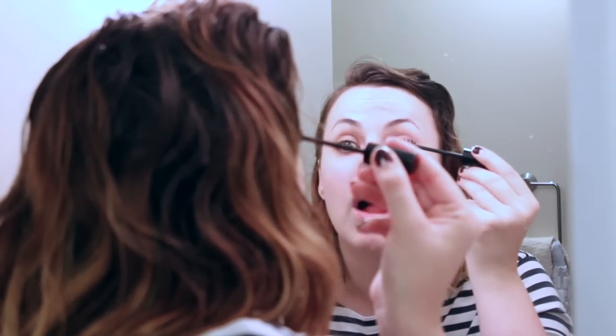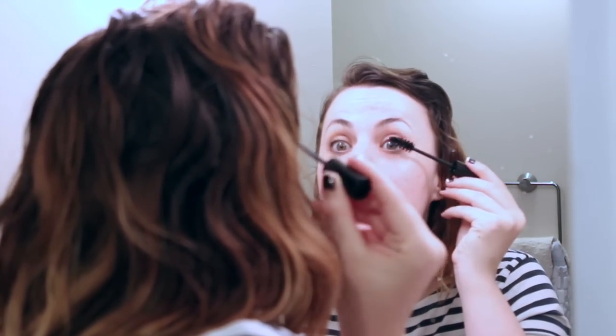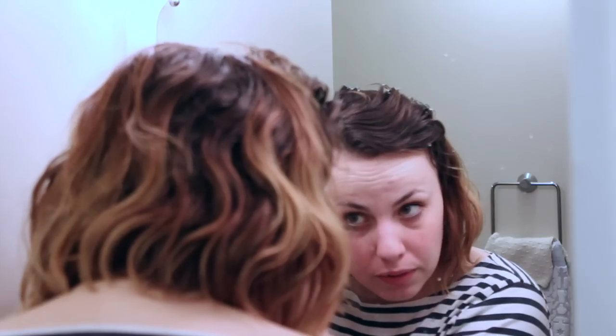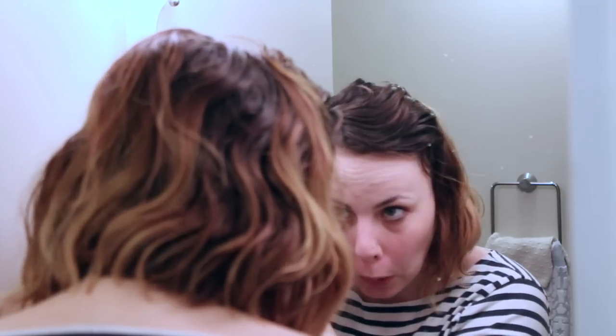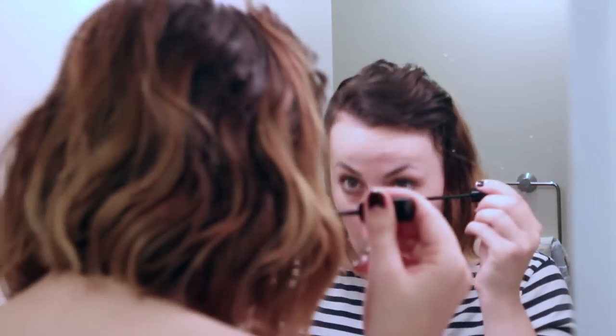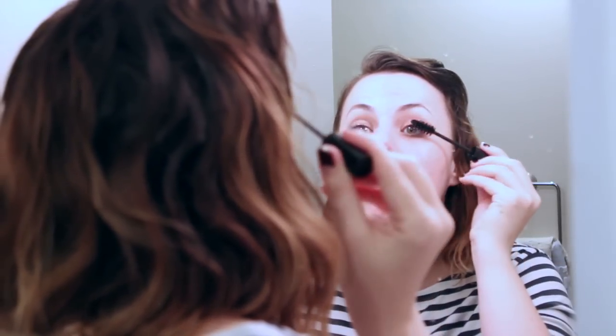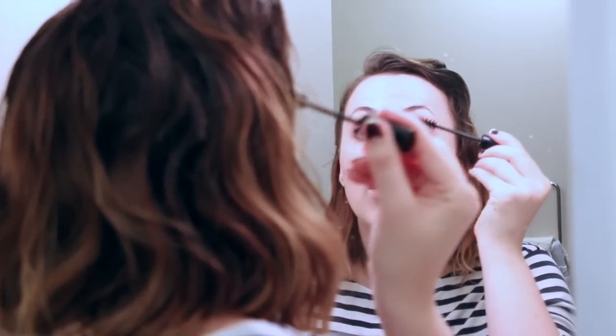I am way too sloppy at putting on mascara to be able to handle such a large brush. And I know that brushes are important, but the idea of a huge brush giving you huge lashes, that just sounds straight out of the marketing department as far as I'm concerned. I don't think it's really true, so I could be wrong, but this